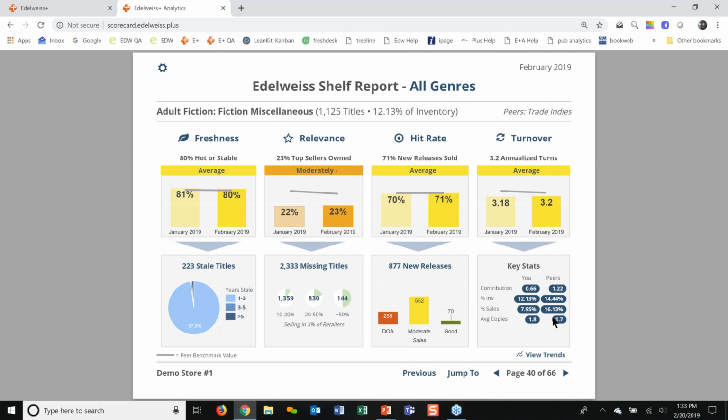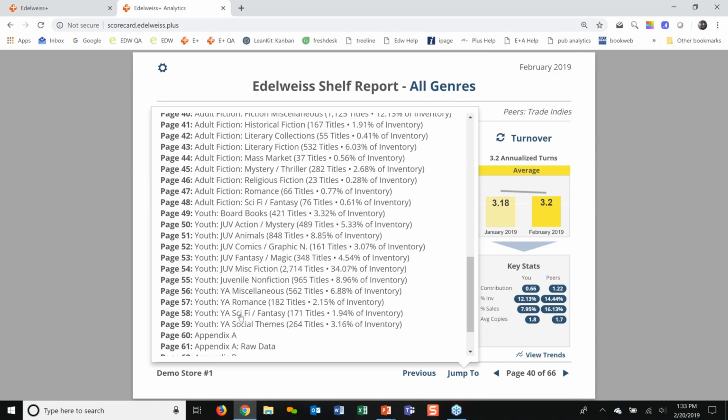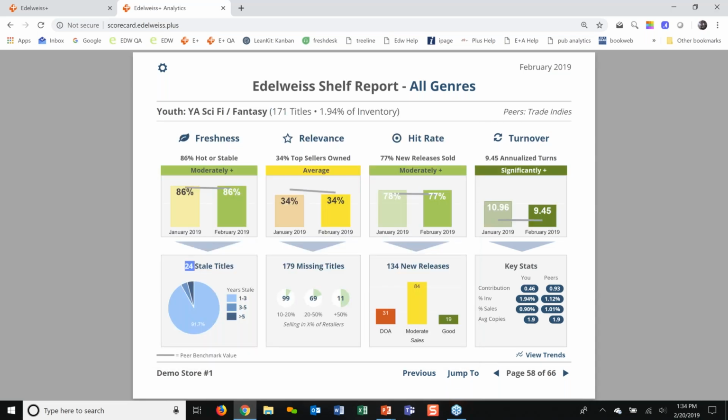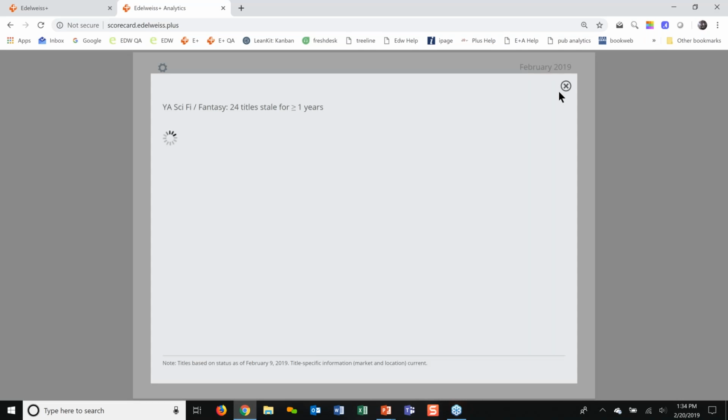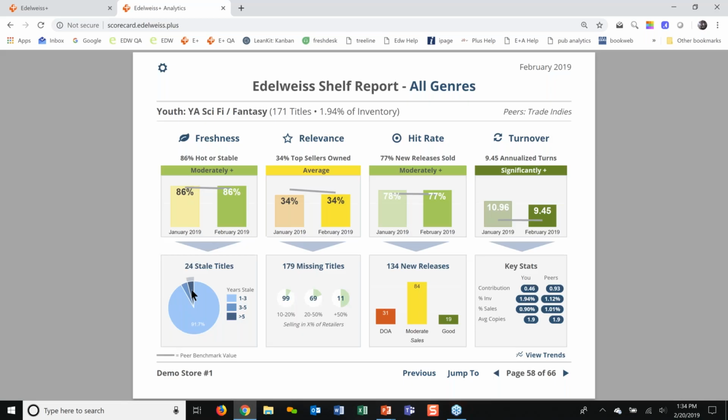Hopefully that makes sense. I'm going to jump to another category that looks really good. Is that YA sci-fi fantasy? I think, yeah. So here, 171 titles. They only have 24 that are stale. That's pretty good. Right, the smaller that number, the better, essentially, because you want each book on your shelf